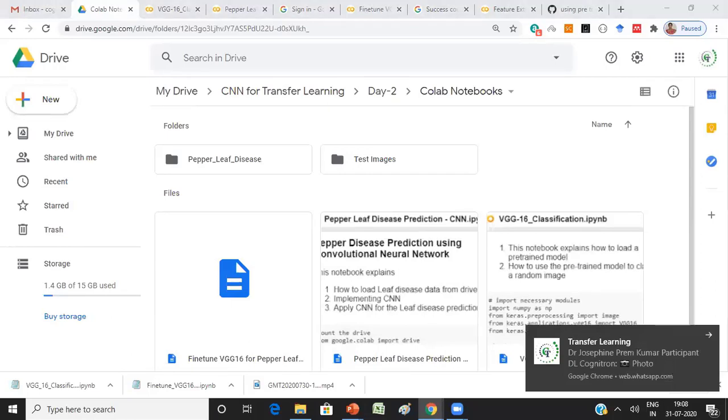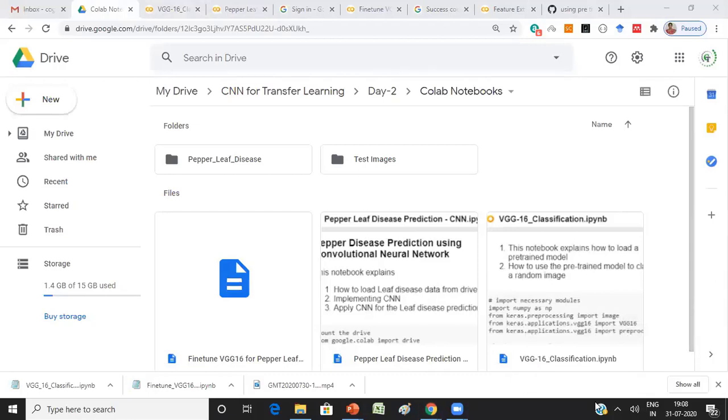Ma'am, I've sent the error on WhatsApp when we open the Python file. Okay, so you just use Python, ma'am. You can use it in your system Python itself. Or you can do one thing: just copy and paste your code from your Python into a Colab notebook. That would be sufficient.